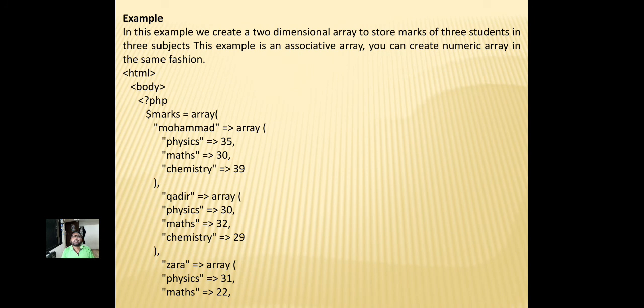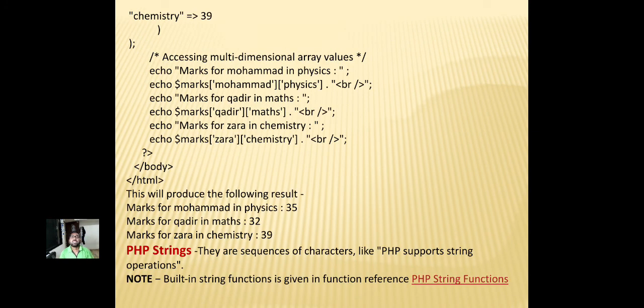Example: in this example, we create a two-dimensional array to store marks of 3 students in 3 subjects. This example is an associative array. You can create a numeric array in the same fashion. Coding in here, same HTML coding. This will produce the following result. Marks of Muhammad in physics 35, marks of Qadir in maths 32, marks of Zara in chemistry